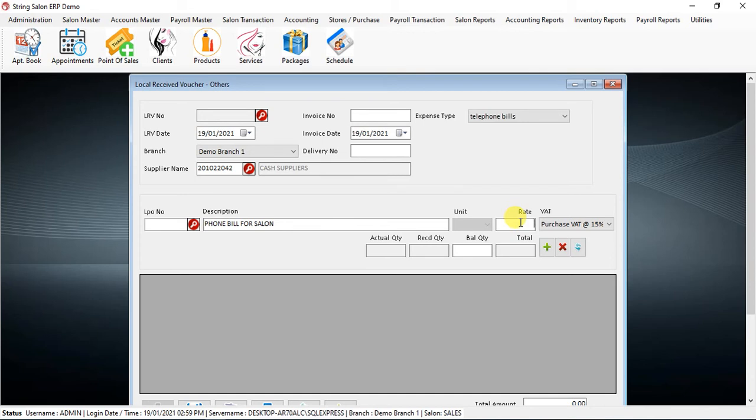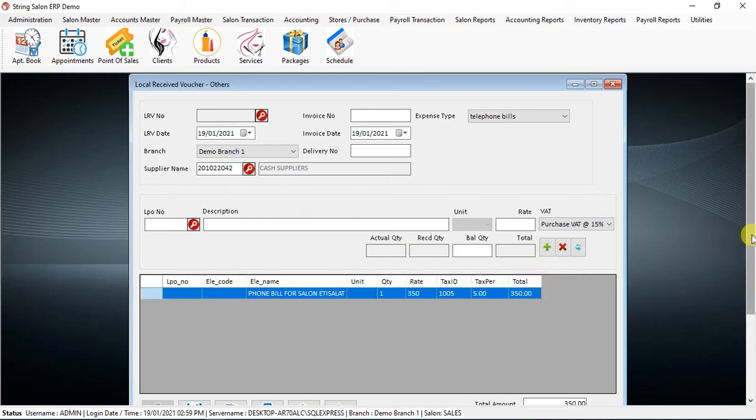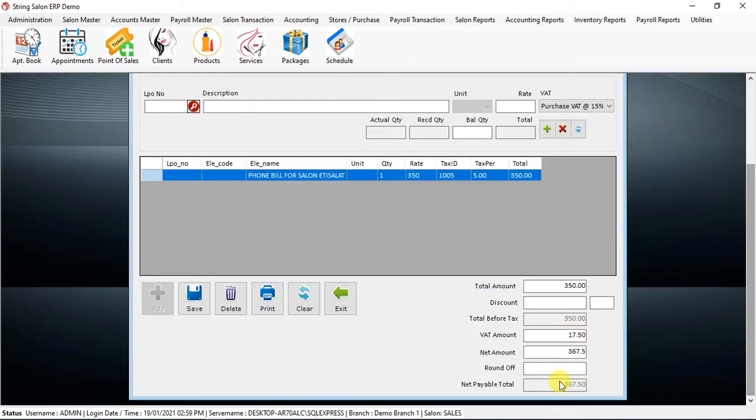So if the total bill is 350 plus tax, then you can put 350 and select this 5 percent VAT and put one quantity, and you can see phone bill Etisalat. Press add, so you can see that the total amount is plus VAT. Then you can save this one.